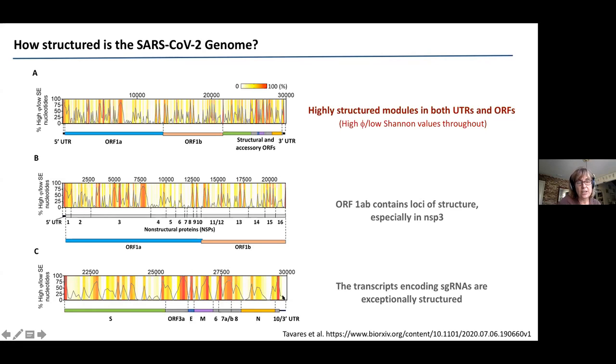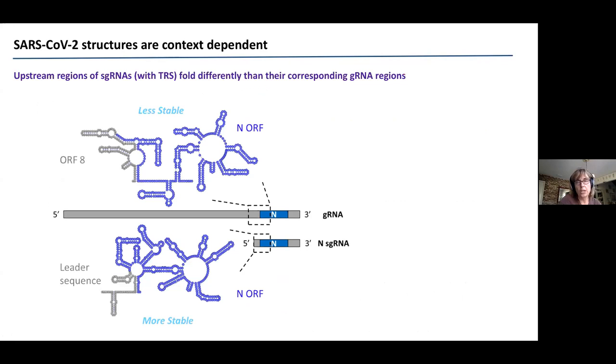And this is especially true in the part of the genome that encodes the structural proteins and the subgenomic RNAs. So the subgenomic RNA transcripts are even more stable and structured than the genome. So given this fact, we were often faced with this conundrum that the full genomic RNA is made as a single transcript, and it's floating around together with transcripts of the subgenomic RNAs, and in many